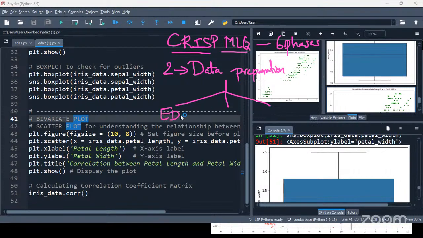EDA, exploratory data analysis, data cleaning or data cleansing, and finally feature engineering. As we complete EDA, where we calculate the first, second, third and fourth moments and visualizations, we'll get insights from the data.